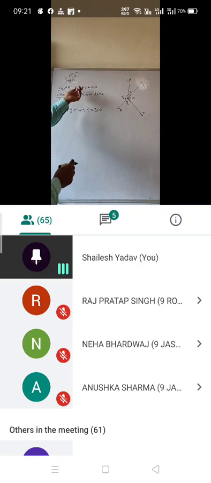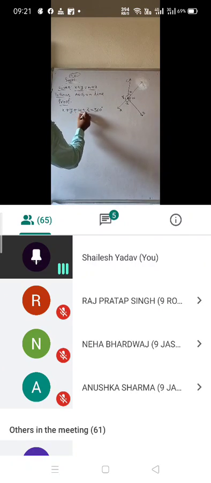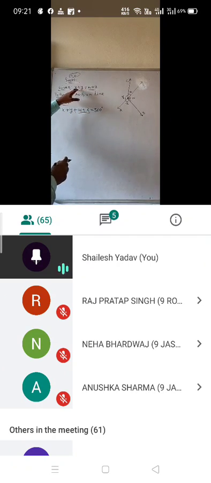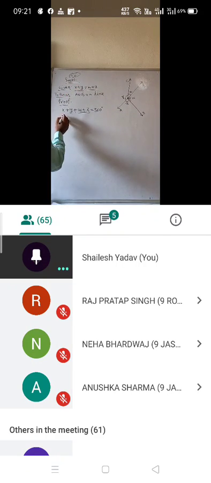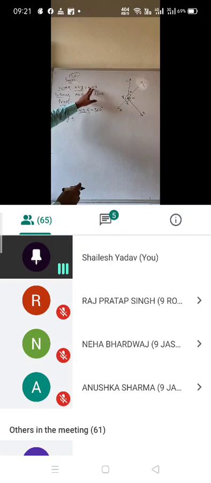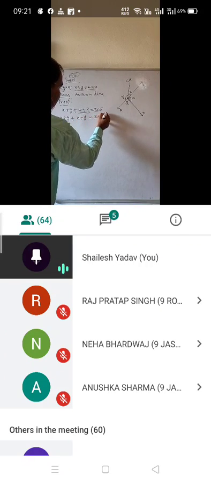Now in this question, it is given that x plus y and w plus z both are equal. So in place of w plus z, we can write x plus y. Reason is that w plus z equal to x plus y. So here you can write x plus y plus, and it is already given that the sum of w plus z is equal to x plus y. So in place of w plus z, I will write x plus y. It is equal to 360 degree.